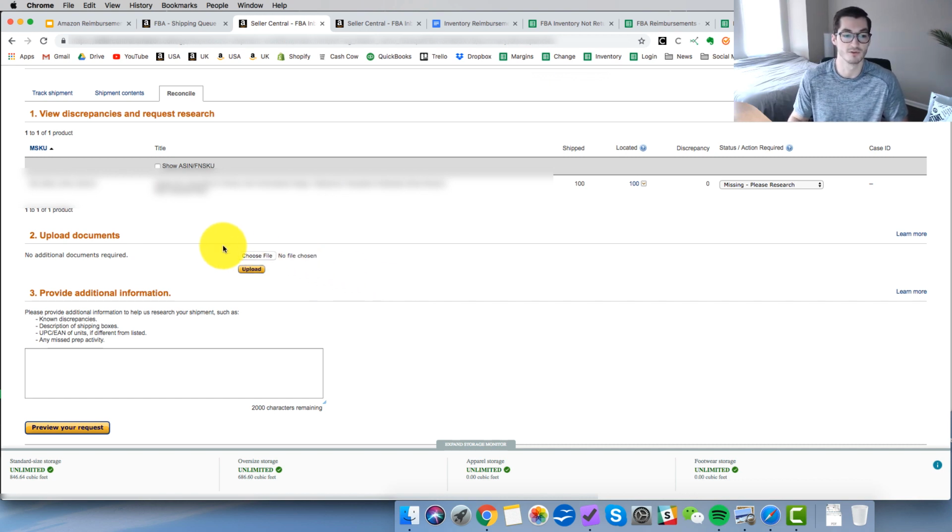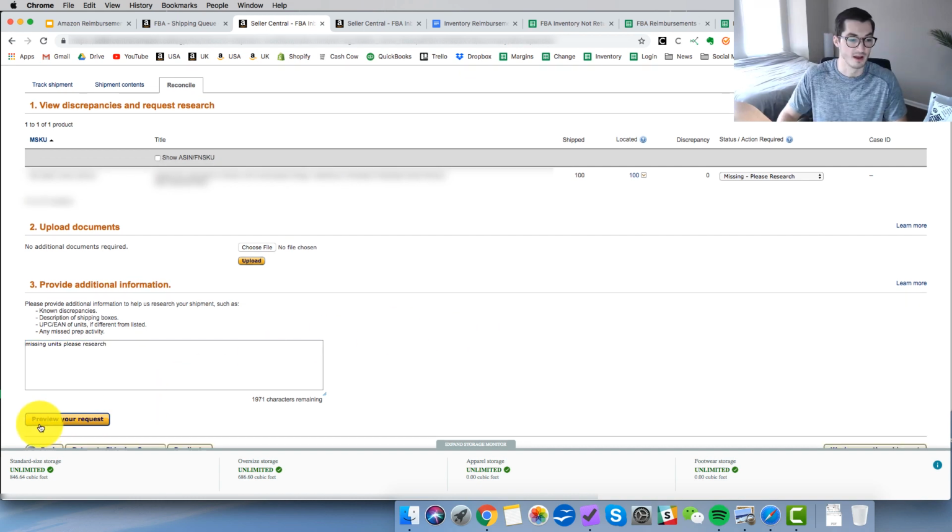So we just need to upload those files, and then I'll write in here, missing units, please research. And then I will preview the request, and then there will be a small pop-up window here, and I'll hit submit. And what that's going to do is basically start an investigation on these missing units. And within typically 24 hours, Amazon will come back and either request more information or reimburse you for the missing